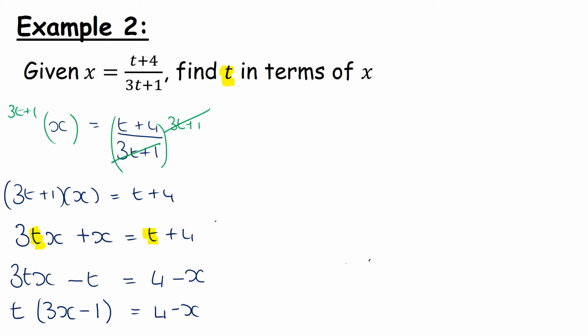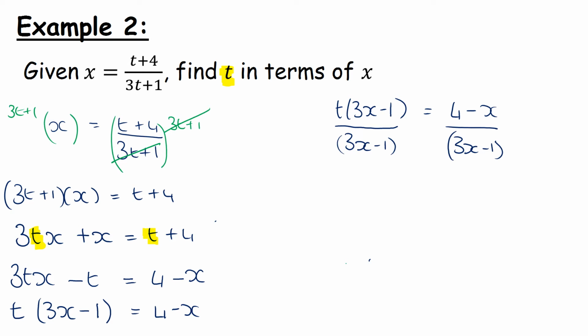So like in the previous question, I'm just going to rewrite this up here so we have a bit more space. We now have the t multiplied by something. In order to get rid of that, I'm going to divide both sides by 3x minus 1, which on the left hand side will cancel, leaving us with t equals 4 minus x all over 3x minus 1. So I suppose what's really important here is to remember this step here,